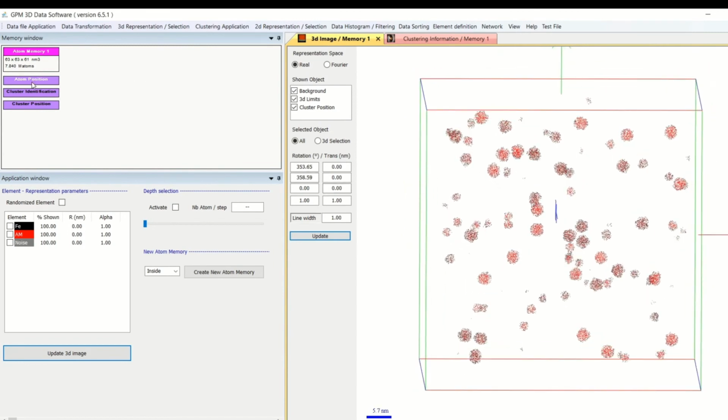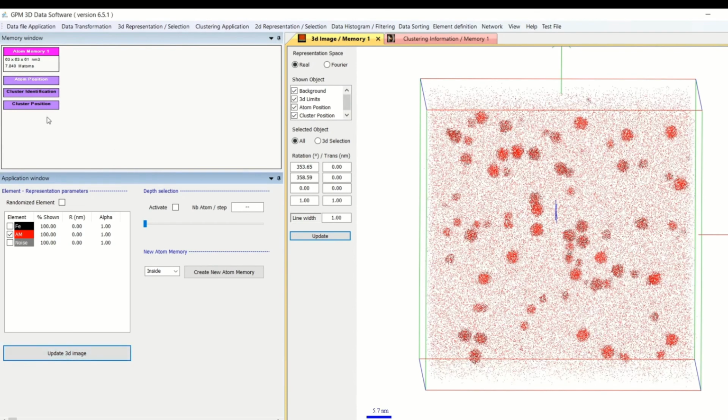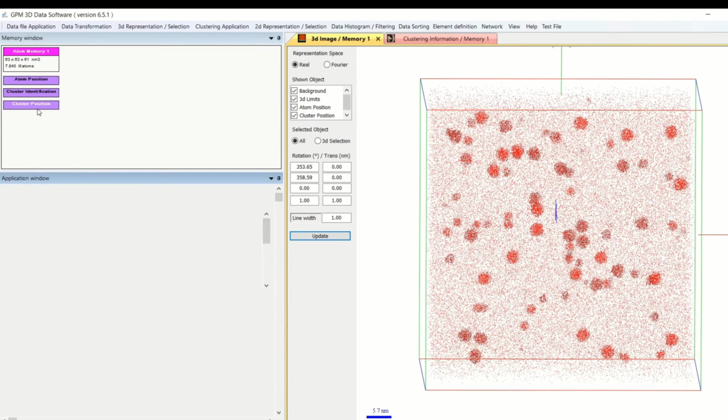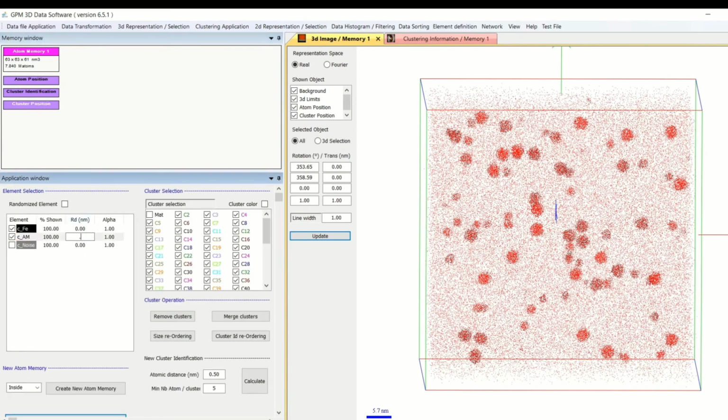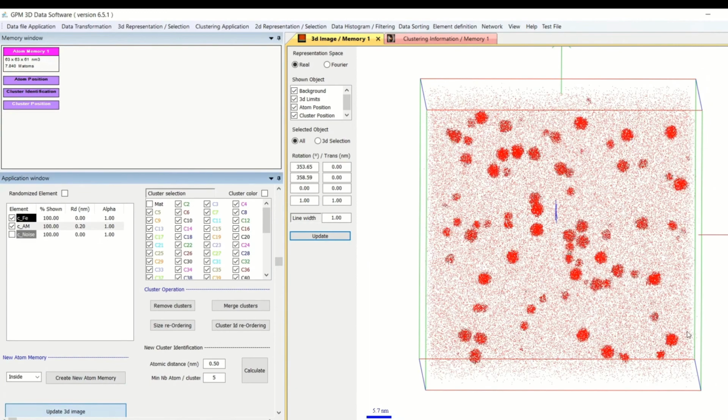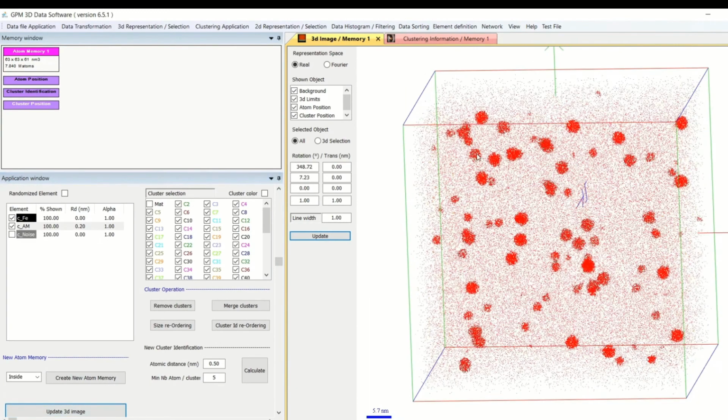When I've done this, I can, for example, represent all atoms plus cluster atoms with a larger volume. The advantage is that now I can use different tools like mass spectrum, calculation of composition, and so on, on the whole volume, only the matrix, or only the clusters.